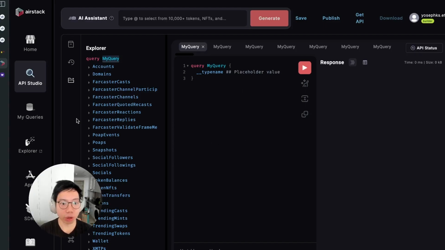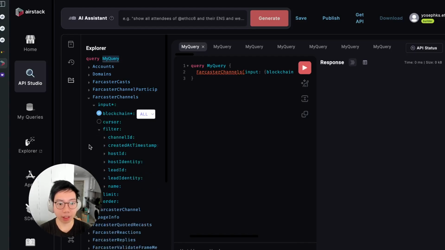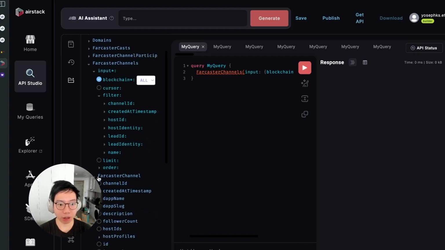So first, we already have a dedicated Farcaster channels API right here. You can just click on that, and after that, you can reveal some inputs up here. And also, if you click on the Farcaster channel, then you'll get a bunch of output fields that you can choose later on. So to get the Farcaster channel details of a particular channel, then you just need to provide